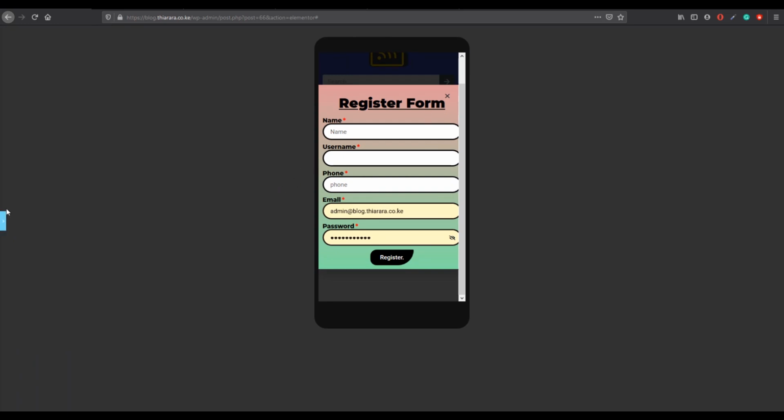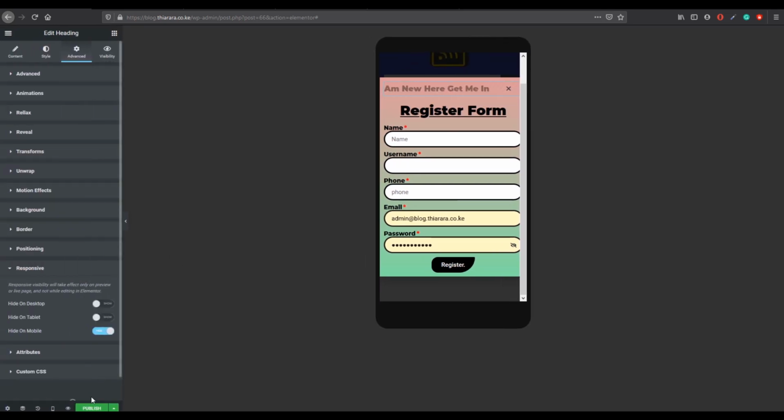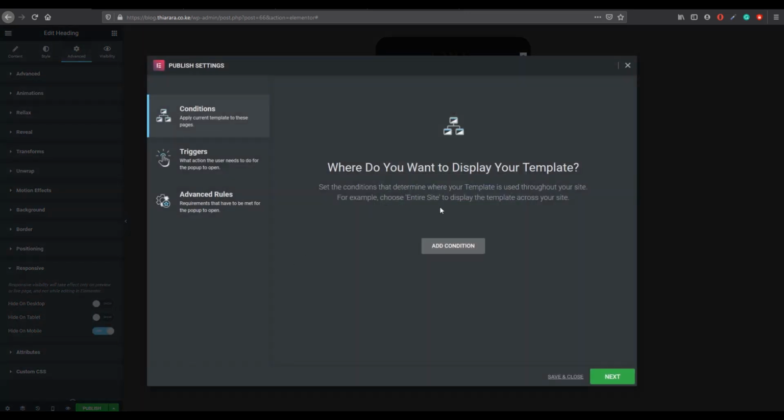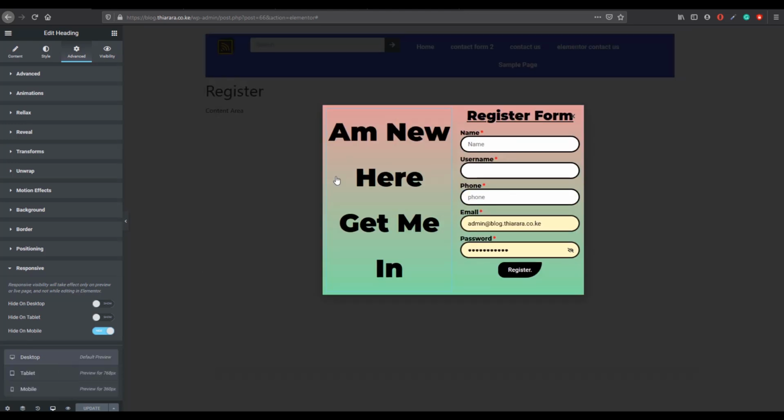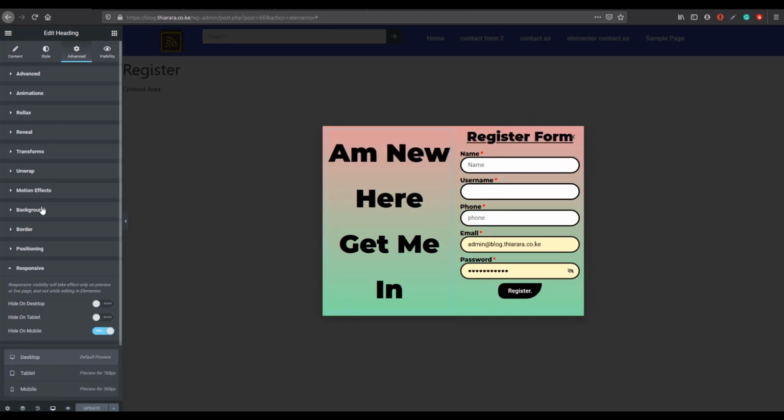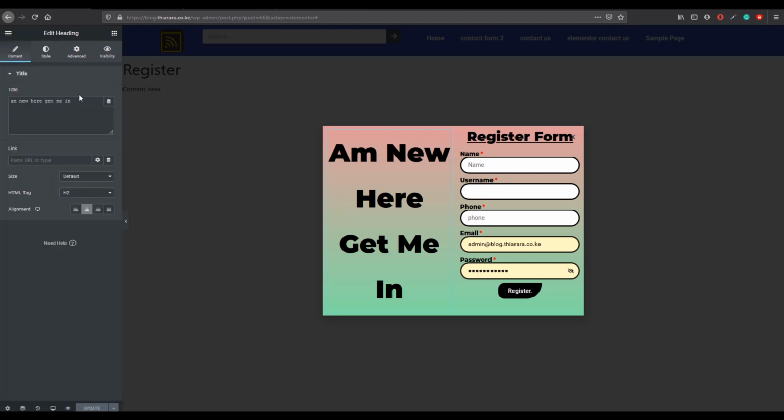So let's close here. Let's publish it. Entire site. Save. Before I close, let's add something from here and say we needed some pop-up content. So let's go here and say